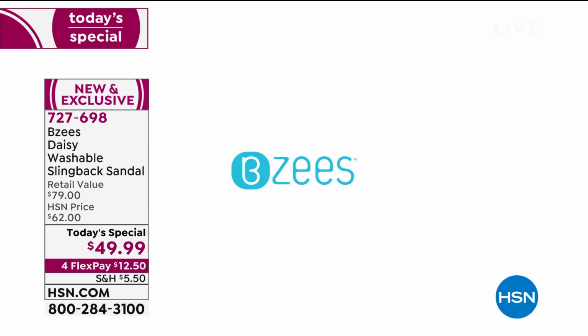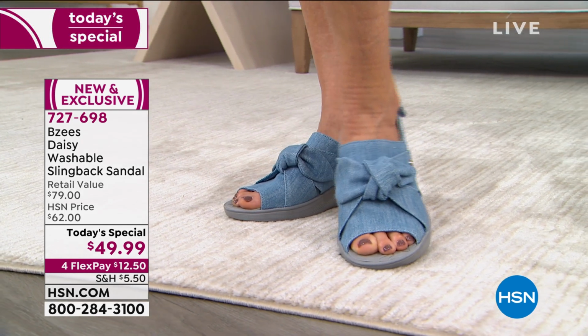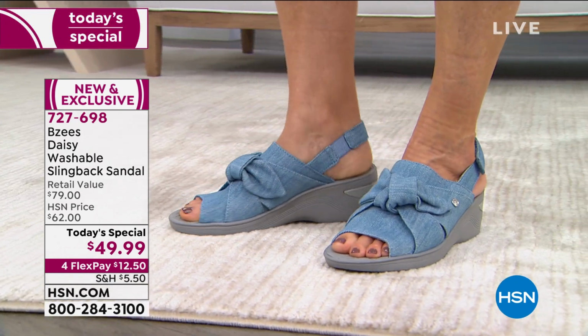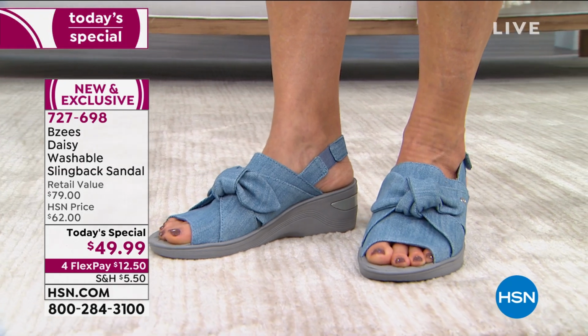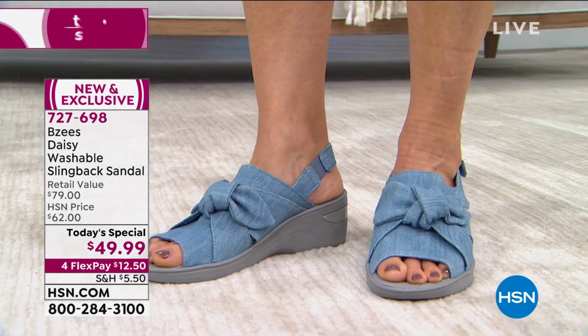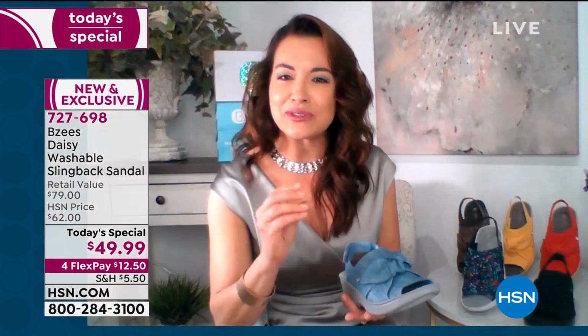So we give you the coverage so you don't feel exposed, and we give you the coverage so you feel absolutely secure, and the coverage is flexible and stretchable. So like you said, if you've got those wonky toes, we all have imperfect feet, and I don't like showing off every part of my foot. So this gives you a little bit of